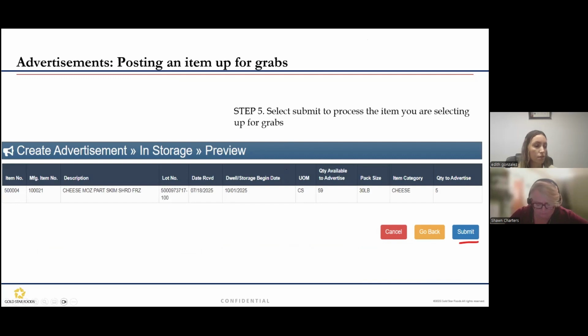And then you'll just hit submit. Once you have hit submit, this ad has been fully posted. And if you want to go back and see that this has been fully submitted,